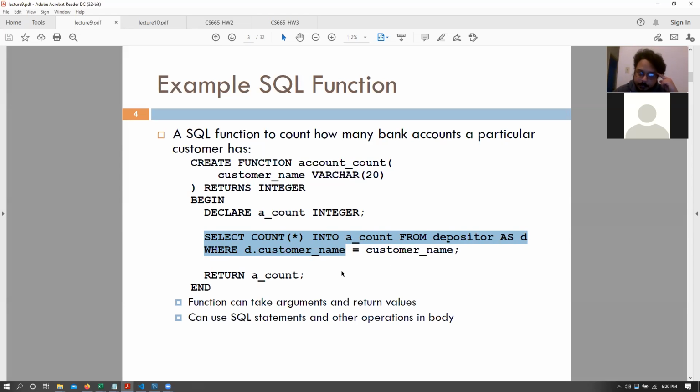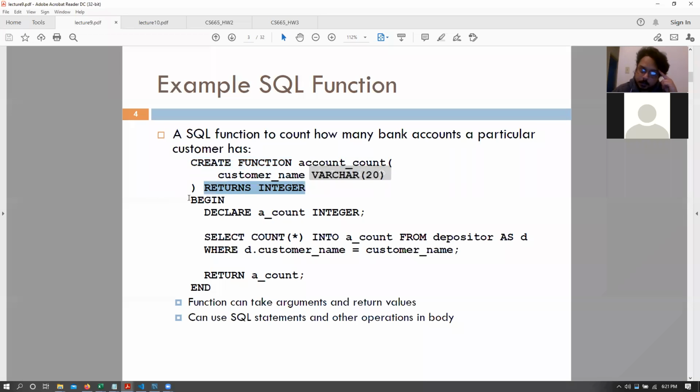So as we talked about last time, we have a function here, for example, that counts the number of accounts that a particular customer has. So create function account count, and you'll be able to play around a lot with functions in our third homework. Essentially, create a function account count with customer name as a parameter, that is varchar 20, and it returns an integer.